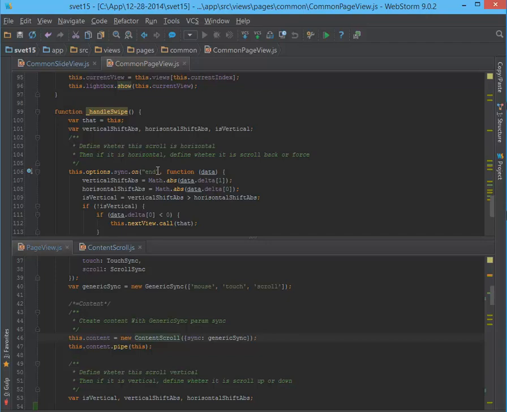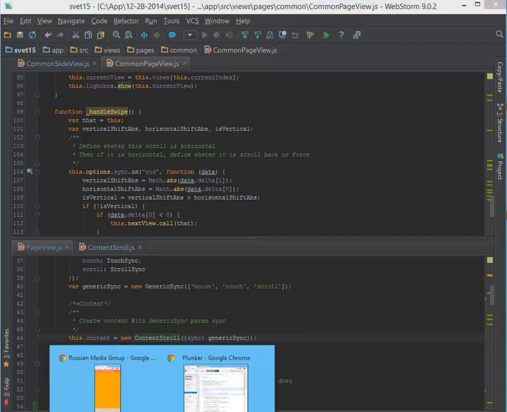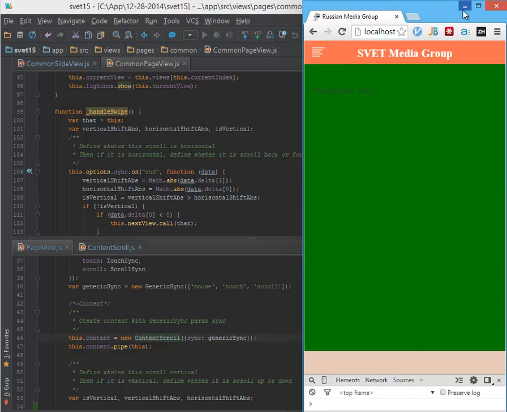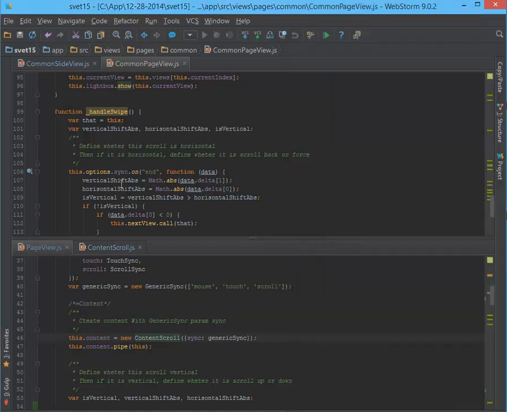Since we're using horizontal and vertical scroll functionality in our application, we need to decide whether the user is going to scroll horizontally or vertically. We do this using the sync on event method. It has a function with data. Data is our inputs,